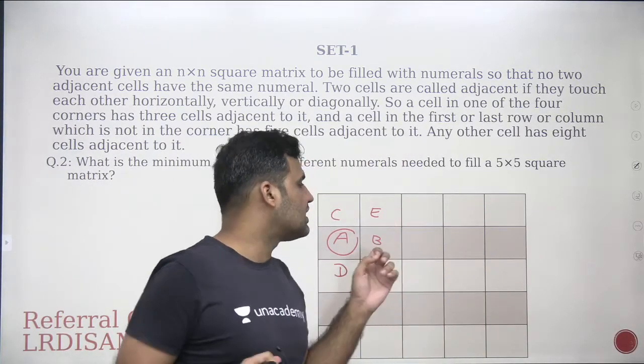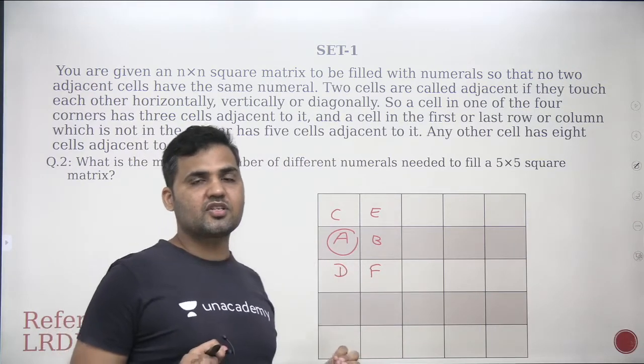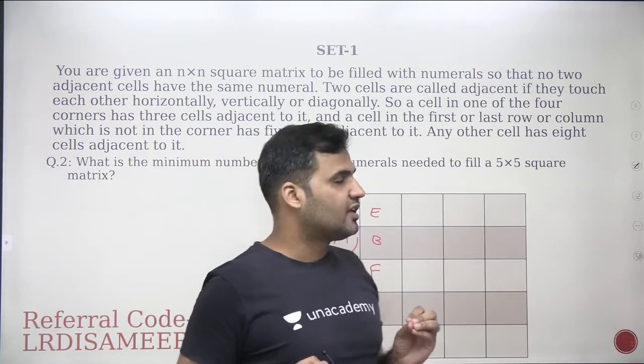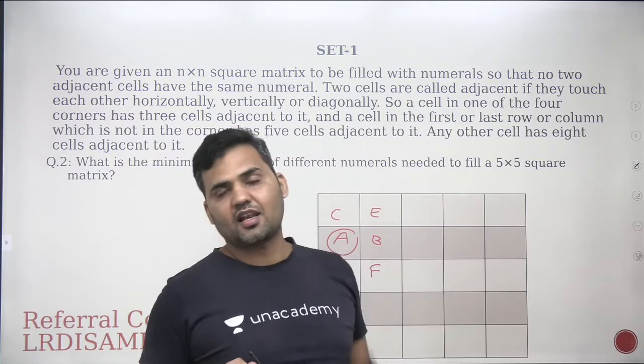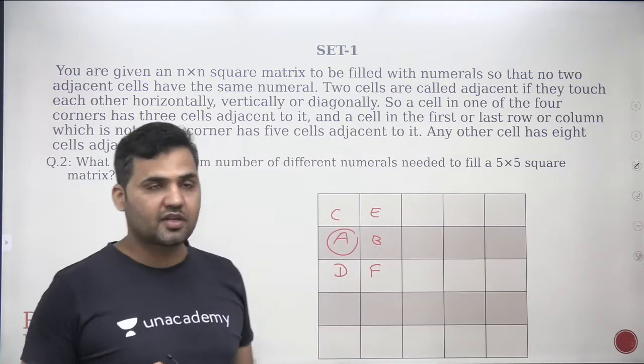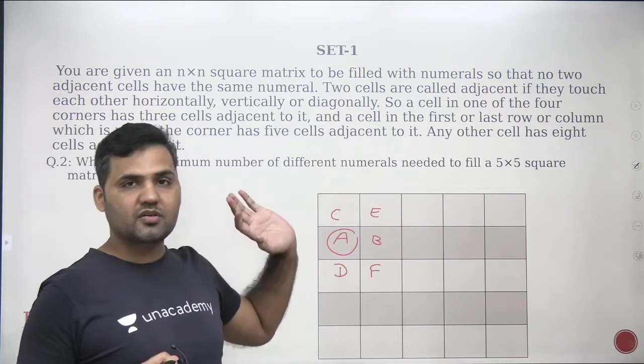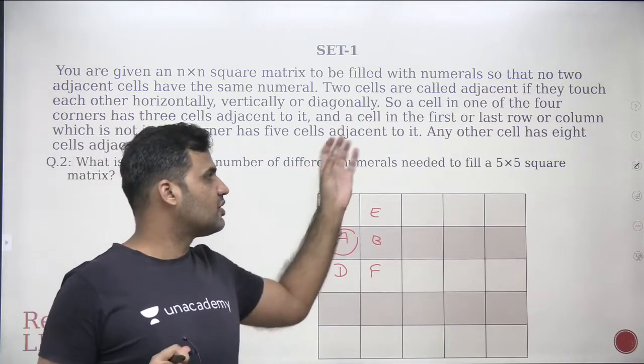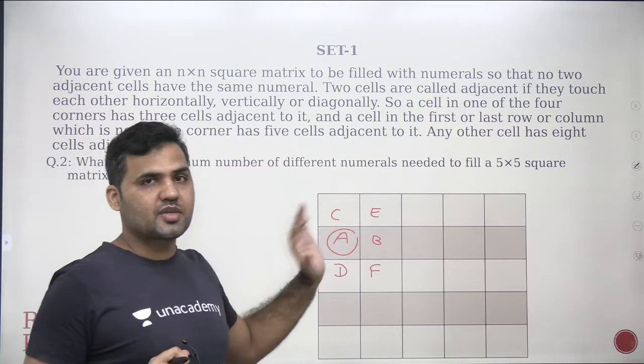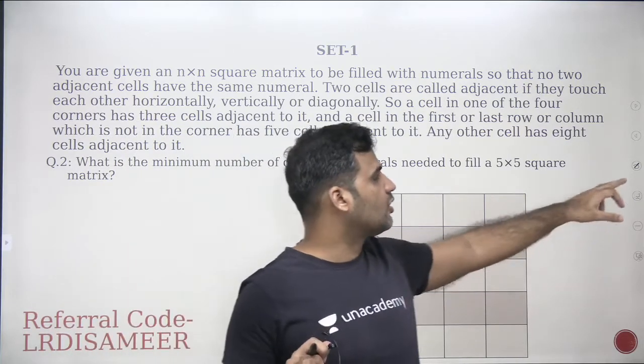ये पूरा का पूरा set सिर्फ एक adjacent word की definition के ऊपर based है, and you can see that, right? What exactly is the level of CAT papers, right? CAT set बहुत छोटा सा concept है, एक ही point में question खत्म हो रहा है, right? सिर्फ अगर आप उसको ढंग से interpret करो तो आपके चारों के चारों question बहुत easily solve हो जाएंगे.